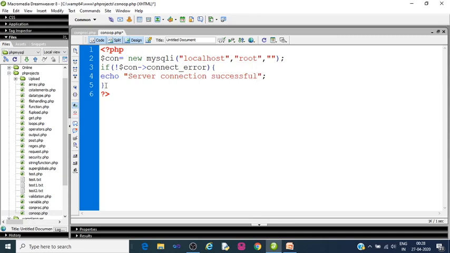Else, if it returns an error, then we will use a die function and write a message, server connection failed.